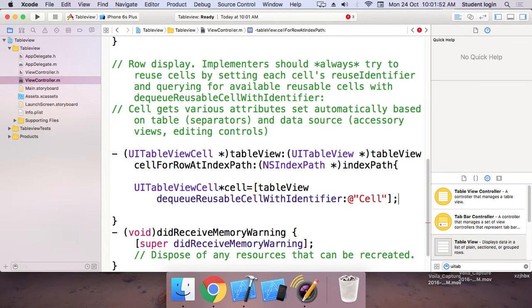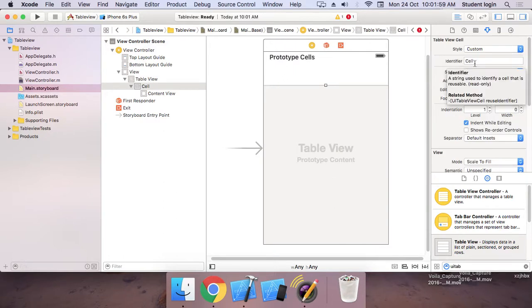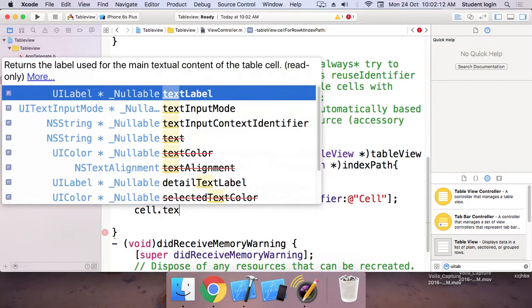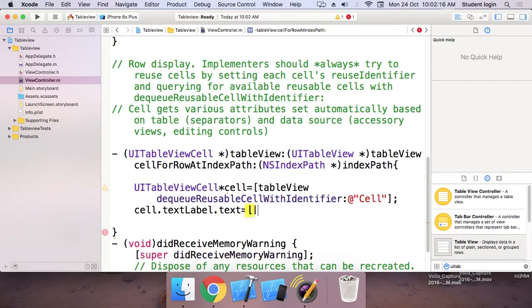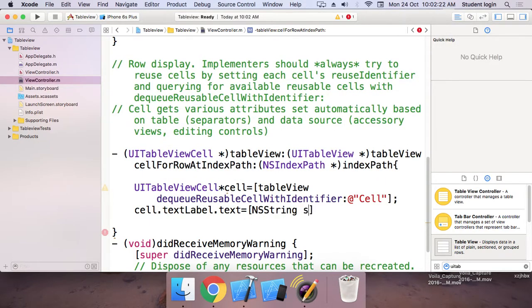And the basic cell has one thing, the text label, which by default comes up with the table view cell. So cell dot textLabel dot text is equal to String with